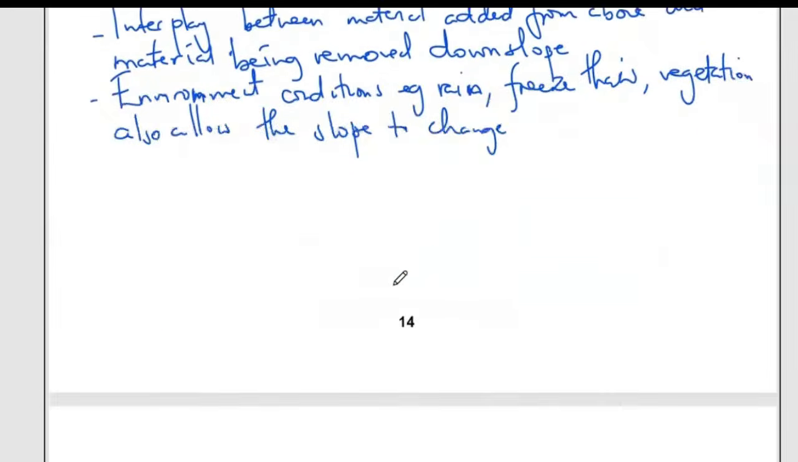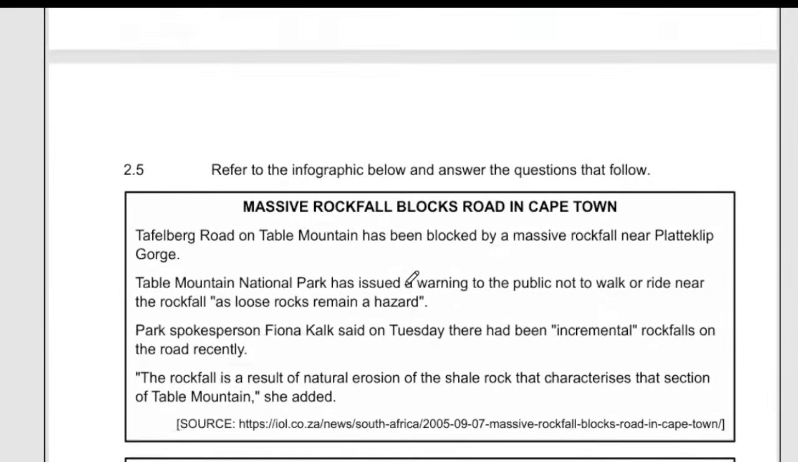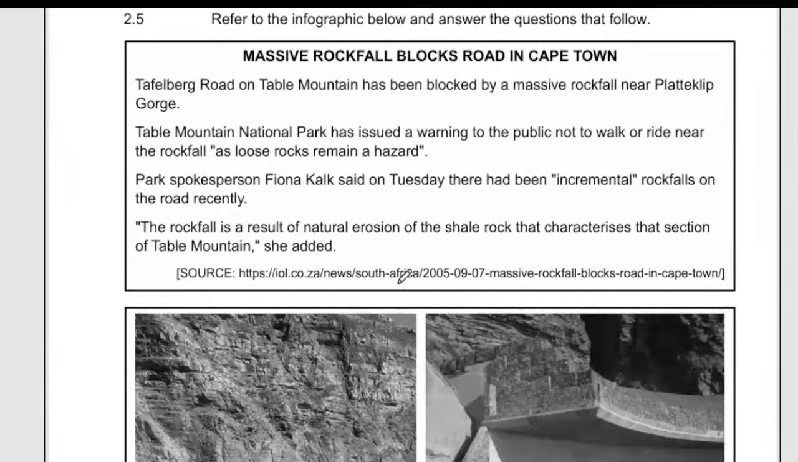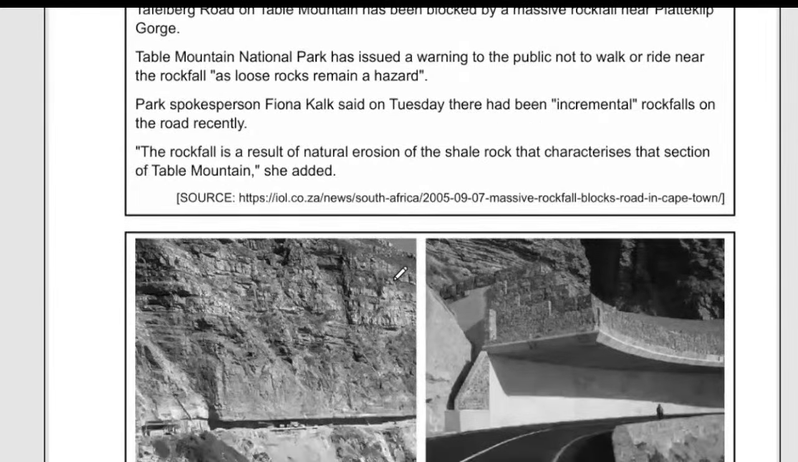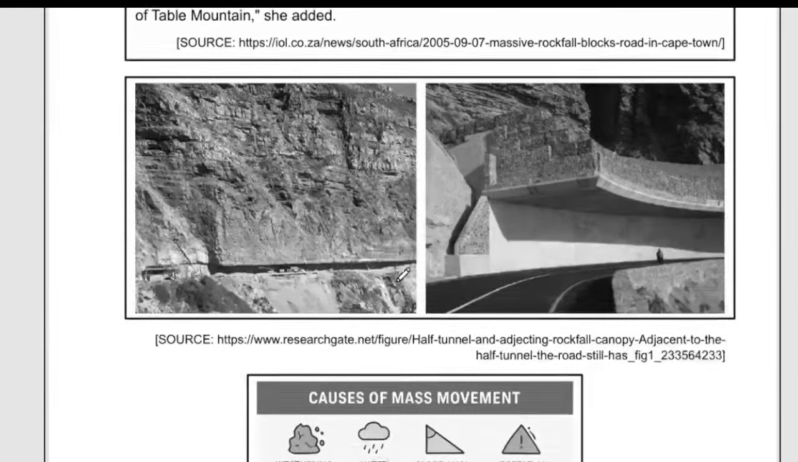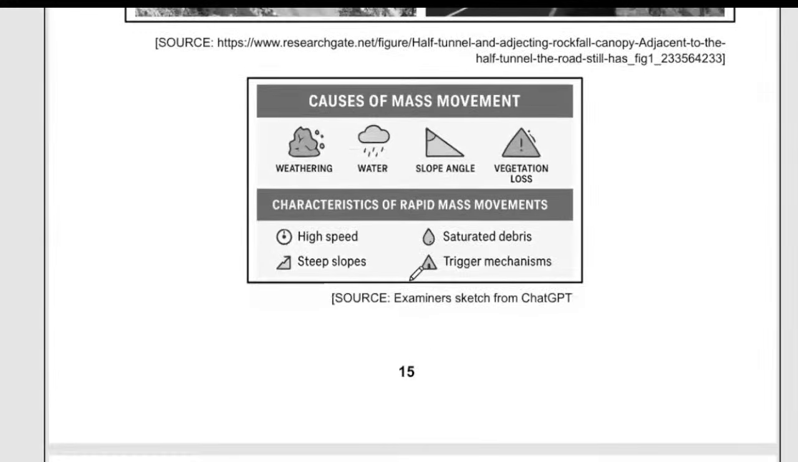Right. That was question 2.4.5. Let's look at question 2.5. It's massive rockfall blocks road in Cape Town. That is a case study of Cape Town of rockfalls. Right. Our first question, it says,